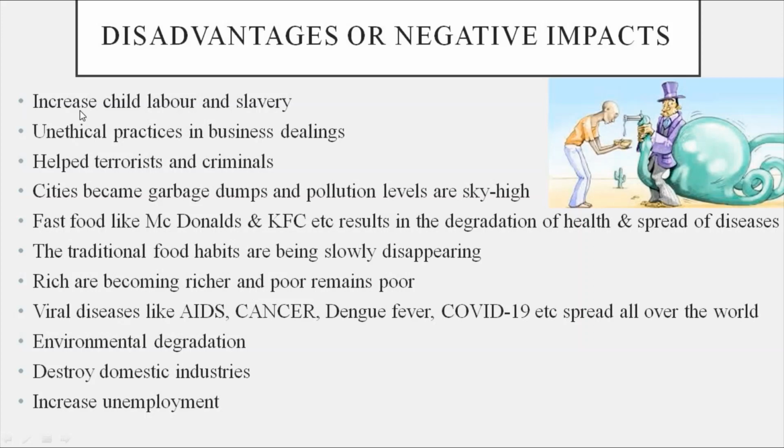Okay, let us see. Increase in child labor and slavery. How does child labor increase? The greedy owners of the company want to make more profit. Because the competition is there in the market, to face the competition, they have to keep the costs down. So the cost of production should be down. As a result, they will employ some children, because for them less salary is enough, and as a result the cost of production reduces, no?